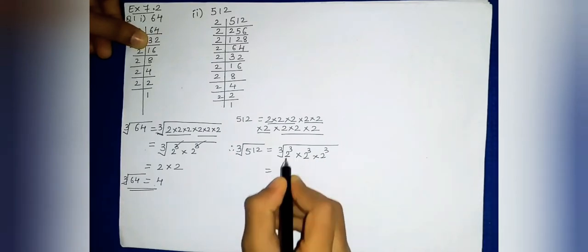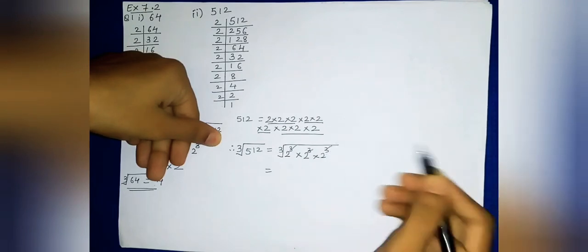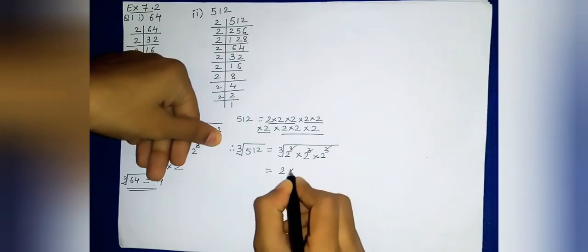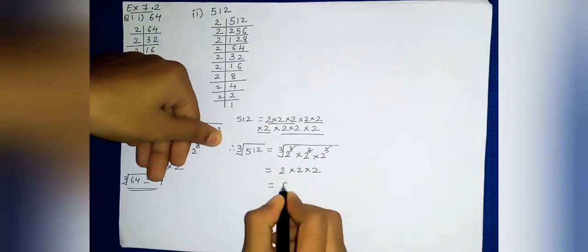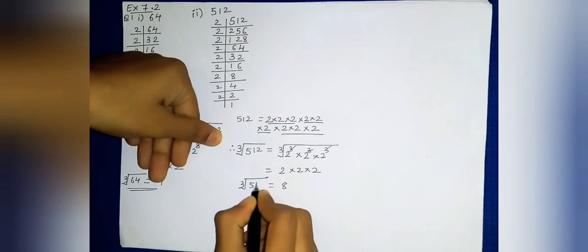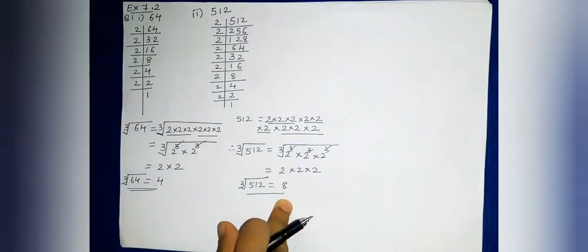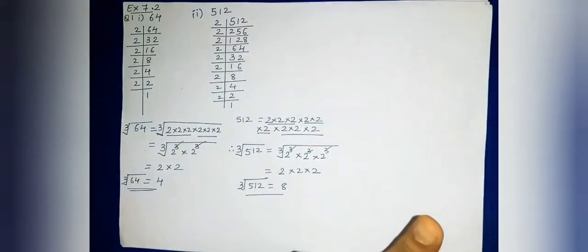Now when we take it out of this root, this cube will get cancelled with the root, so only 2 will be left. So 2 2s are 4 and 4 2s are 8. So the cube root of 512 is 8. So 8 is our answer. It means if you multiply 8 3 times, the answer will be 512. Now we will see the third one.